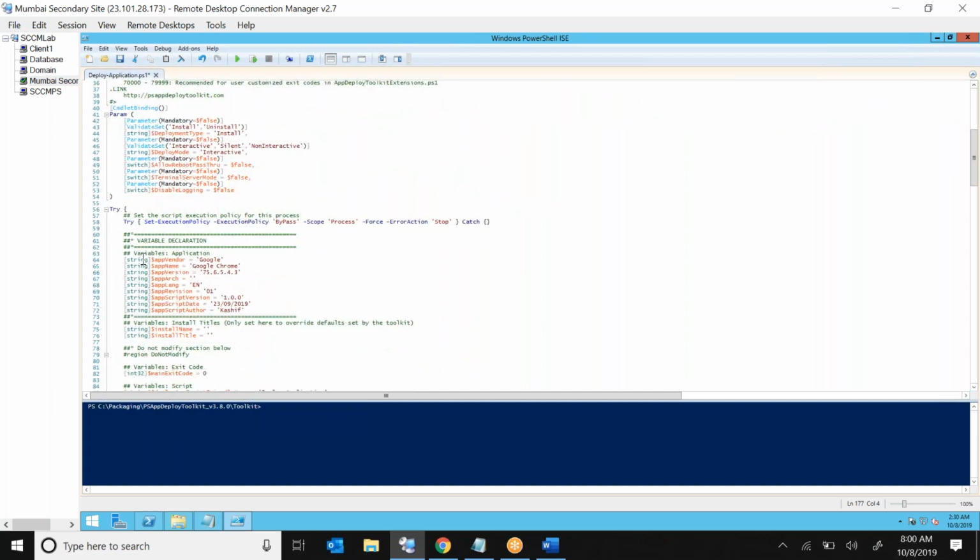So I have given the variables: application vendor name, app name, version, then architecture, and then author name. You have to give these variables. Then if you go down,